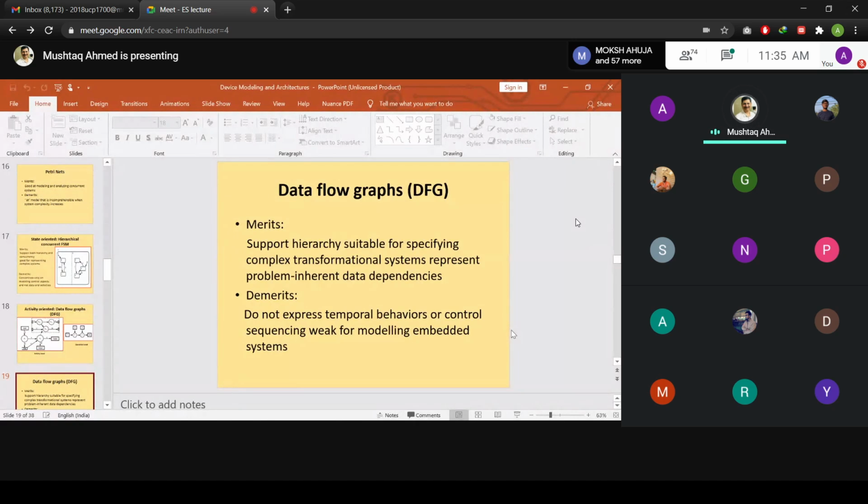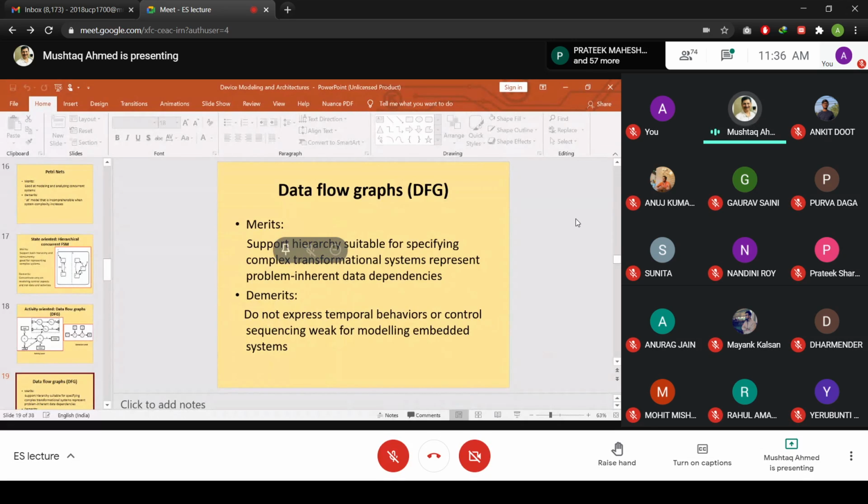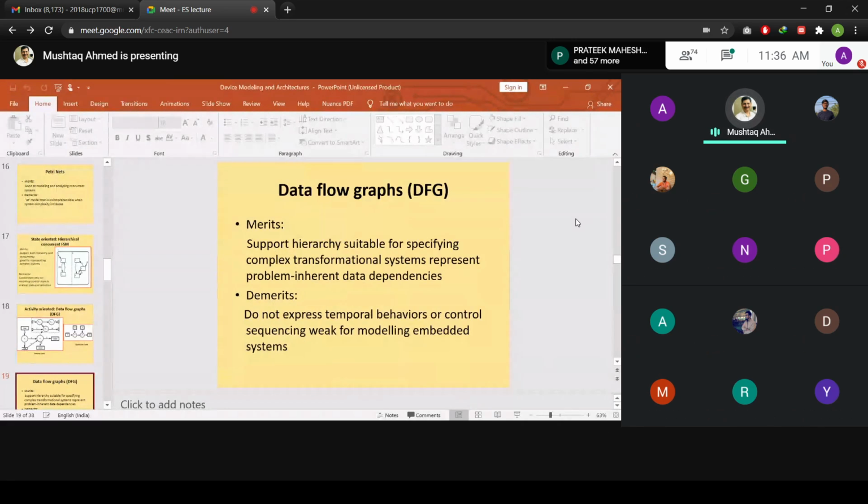But what is happening inside that activity? This is a level 2 data flow graph, which you have gone through, which depicts the different types of operations. Okay, so you are already aware of this type of activities, but the limitation of this is that it expresses the temporal, behavioral, or control sequence, and does not depict in detail what operation is being performed by the